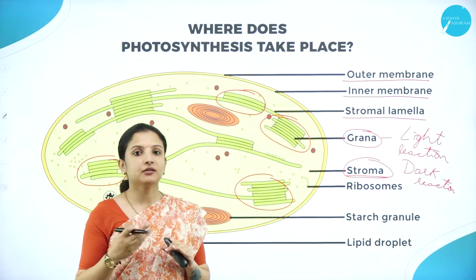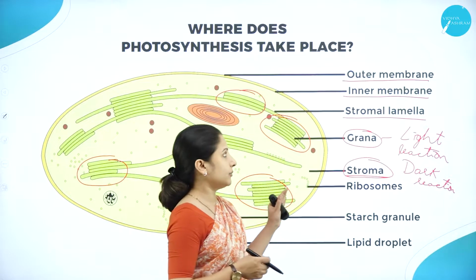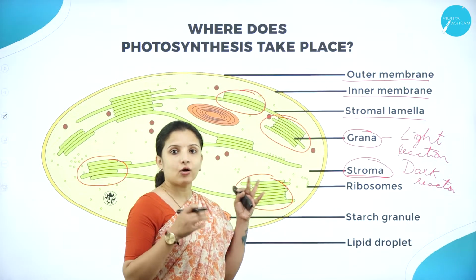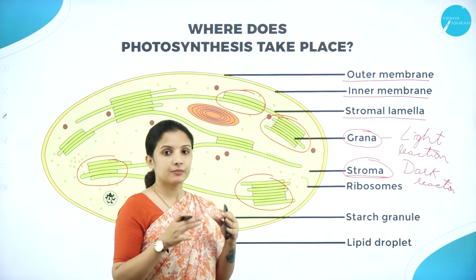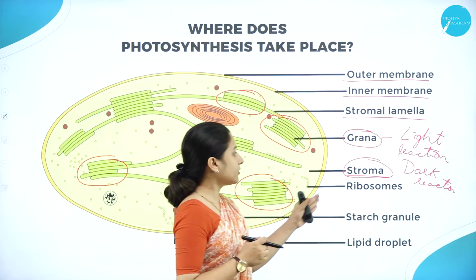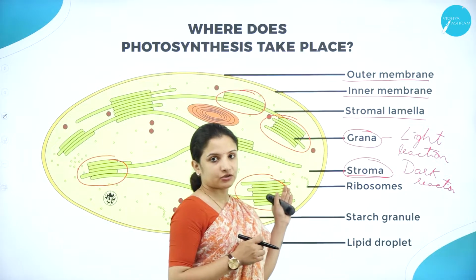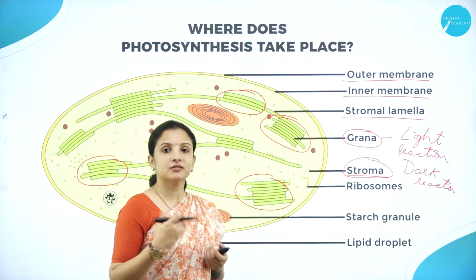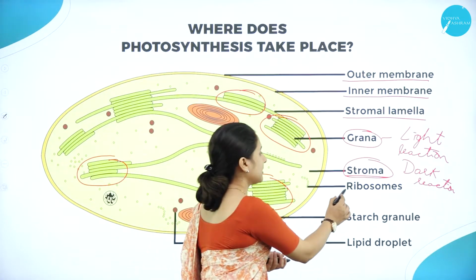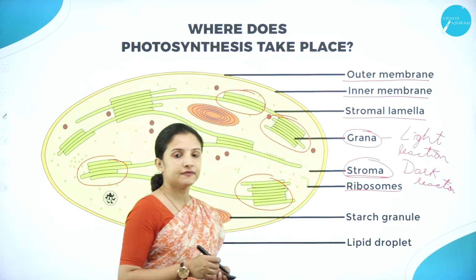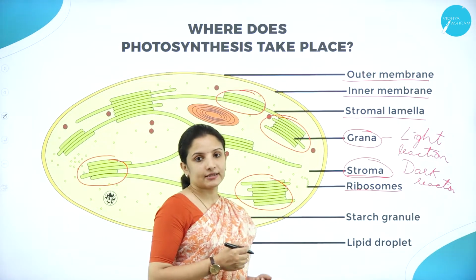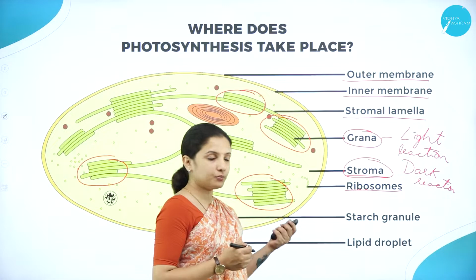So based on that, the name has been given as stroma lamella. That is, they form a connectivity or a bridge between two piles of grana here. And also, apart from these structures, the chloroplast is capable of synthesizing its own proteins. That is why they have ribosomes. So they have small granular structures which are nothing but ribosomes that help in the synthesis of its own protein.